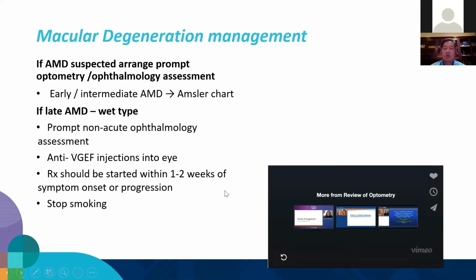Okay. And these injections are pretty good because they do two things. One, in about 30% of cases, they can actually improve the vision in patients. At the same time, they also stabilize the vision or stop it from getting worse. So we usually start off with one injection every month for the first 3 to 5 months to improve the vision as much as we can. Then we give less frequent injections just to maintain the vision that they've gained.